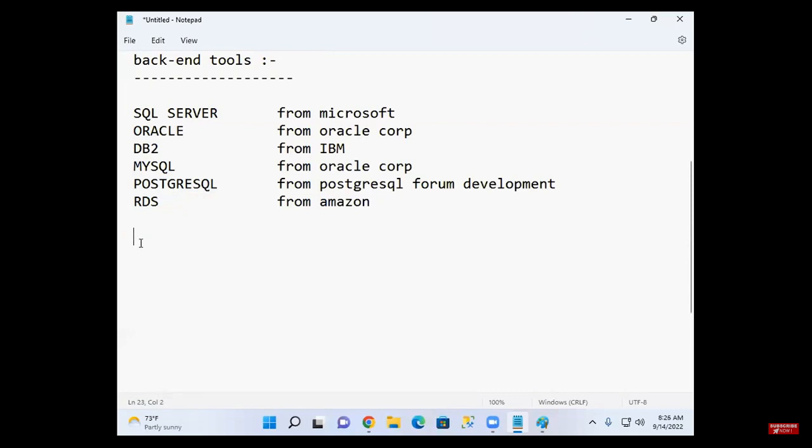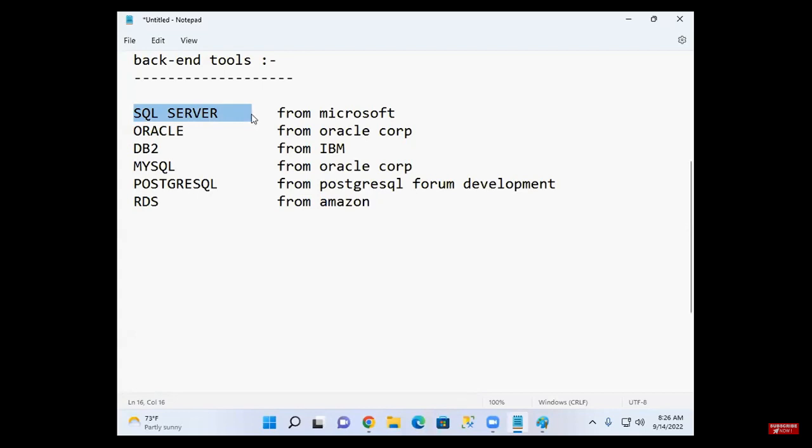Understood or not? Suppose you are living in an English speaking country. You go to another country where they also speak the same language. Then you can easily survive, and your day-to-day life will be smooth. Similarly here, SQL Server uses the SQL language, and you will be learning SQL in SQL Server.